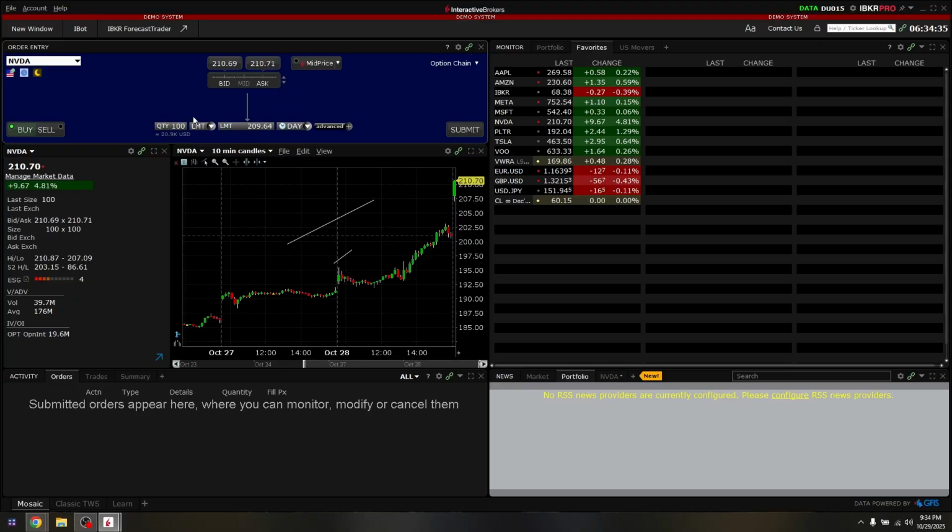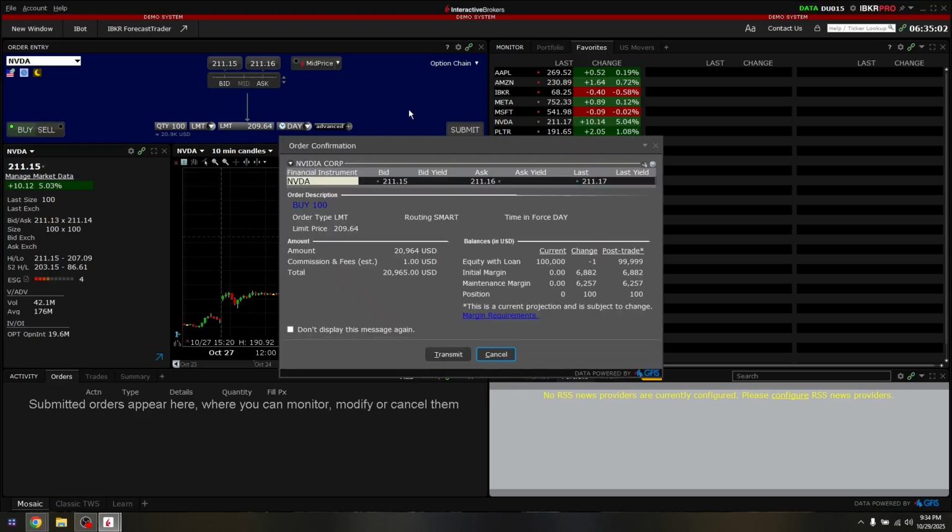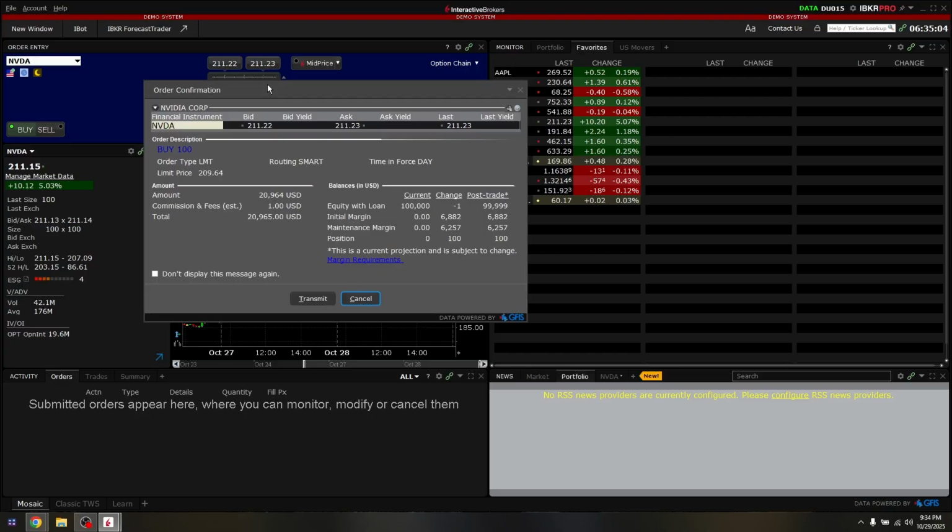Now, on order type, you just choose from different order types such as a market order, to execute at the current best price, or a limit order, to execute only at your specified price or better. Now, time in force is to specify how long your order should remain active, such as day or good until canceled. Now, all you have to do is select the specific stock where you would like to buy,